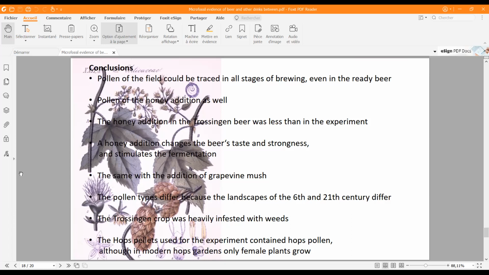I come already to conclusions. Okay, the first conclusion: pollen of the field could be traced in all stages of growing, even in the ready beer. Pollen of honey addition as well was no big surprise. The honey addition in the Trossingen beer was less than in the experiment I mentioned already. A honey addition changes the beer's taste and strength, but has also another effect. It stimulates the fermentation process, because